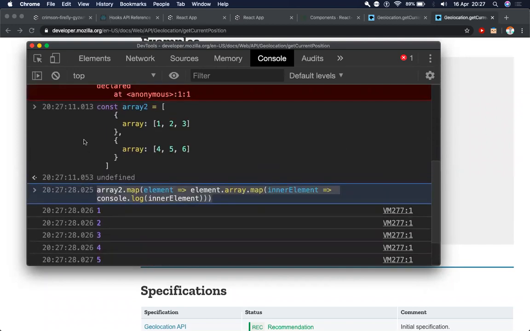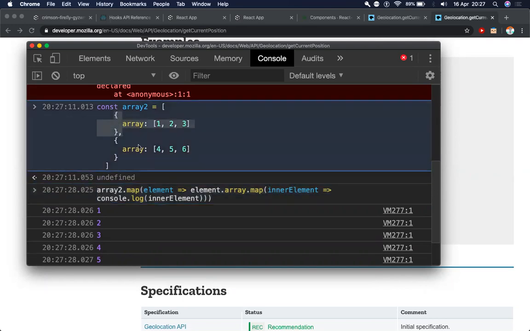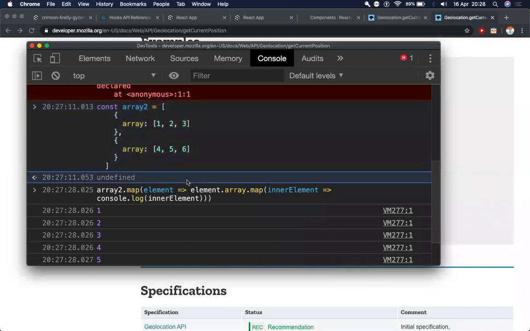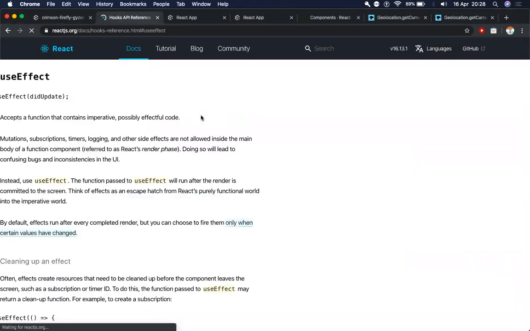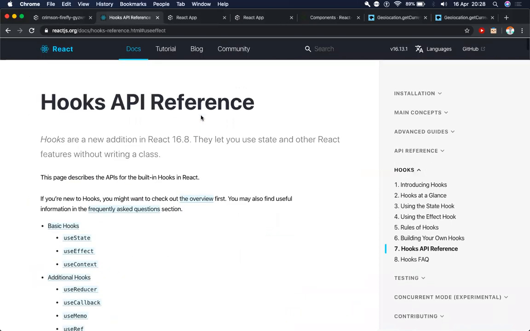This is not a real world example, but in the real world, you may find some examples where you have some arrays which are present inside an object, which are present inside an array. So in that case, something like this is helpful for you. And when I want to call a React API, so these are basically hooks APIs. So let's say instead of React APIs, you mean to say hooks API.